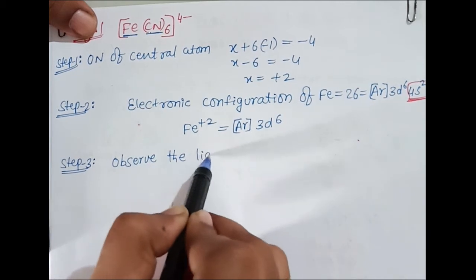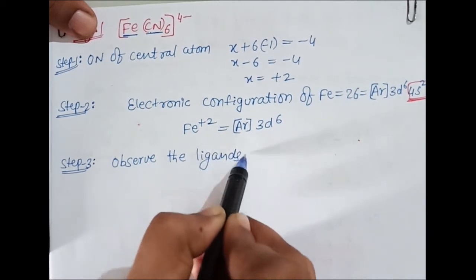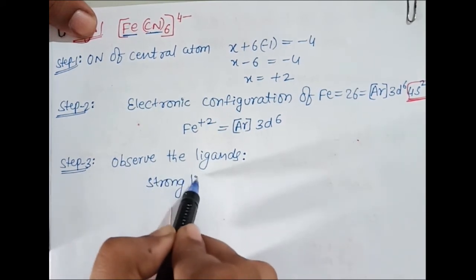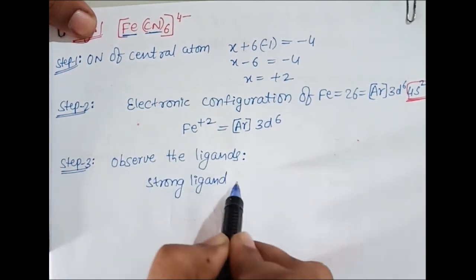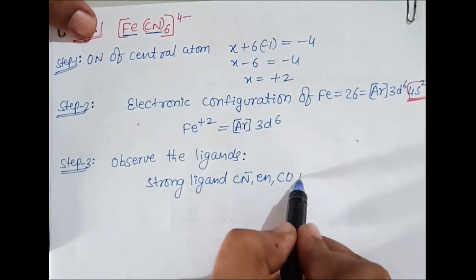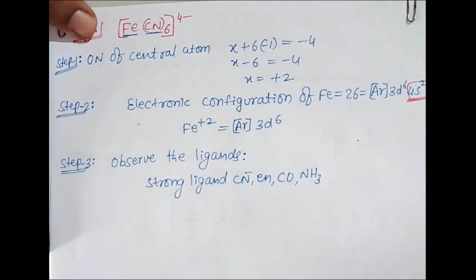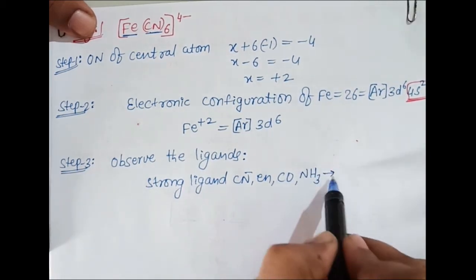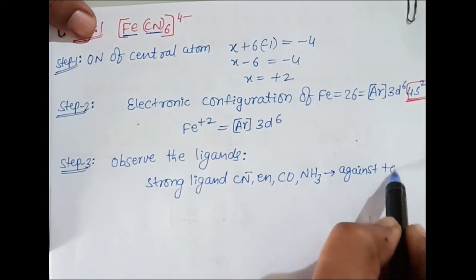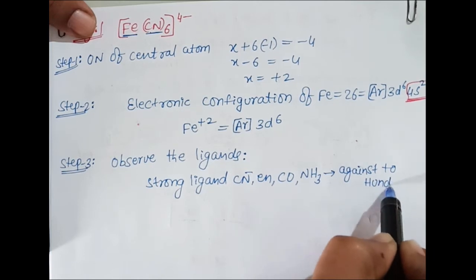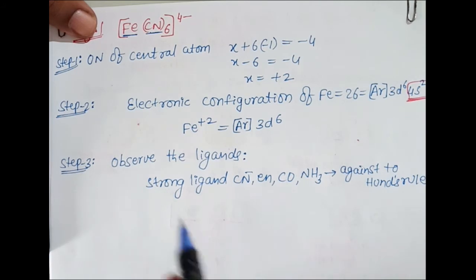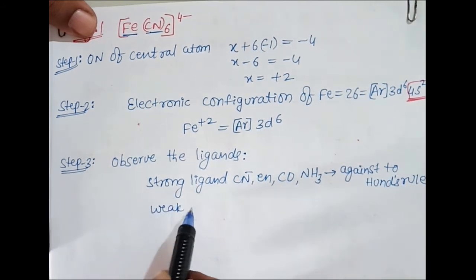Observe the ligands. Which type of ligands are there? If ligands are strong ligands like CN minus, en, CO and NH3, then we will go against Hund's rule. What is Hund's rule? That is pairing we have to do. One we give one electron. I'll explain. And weak ligands